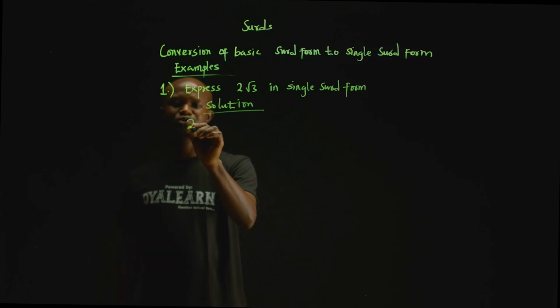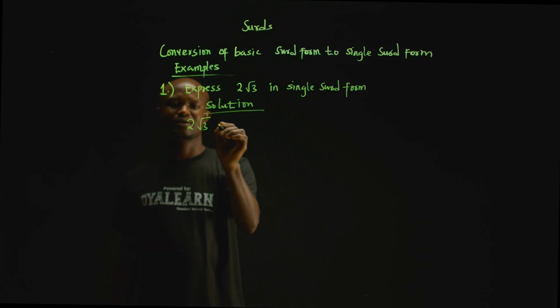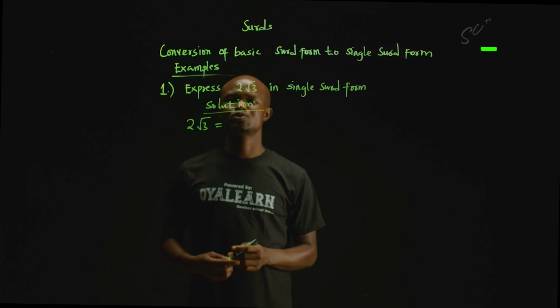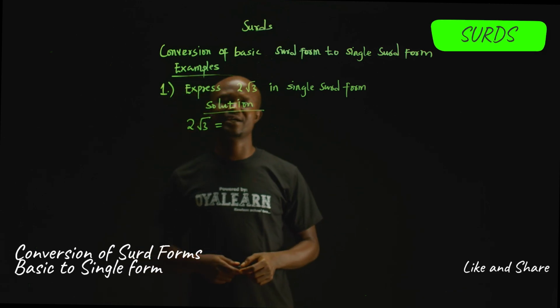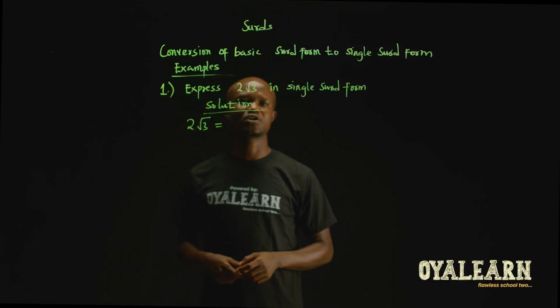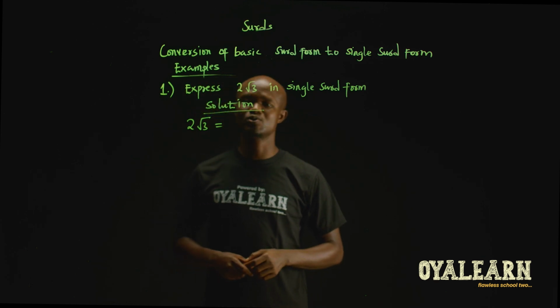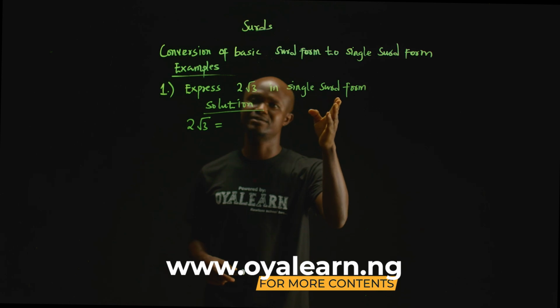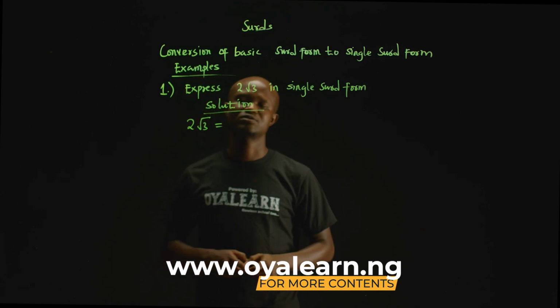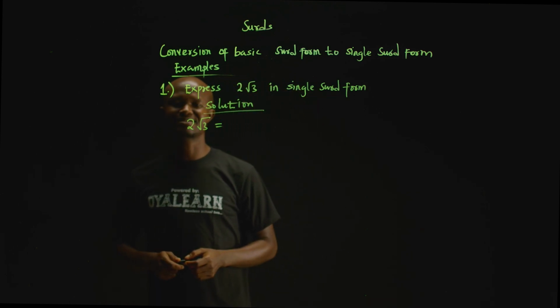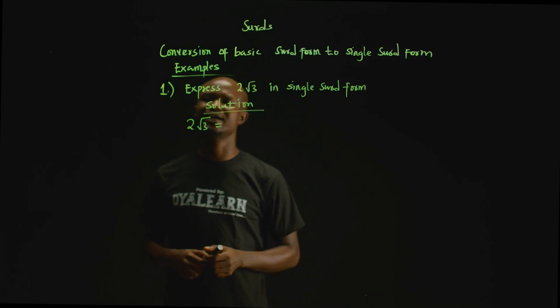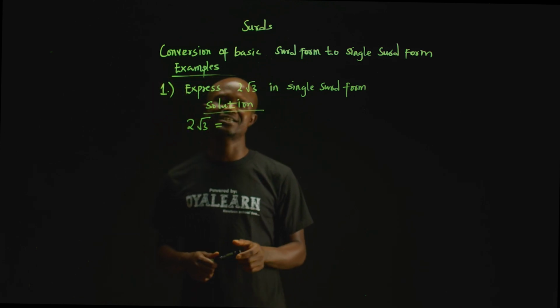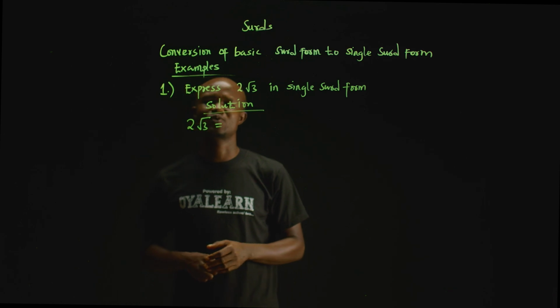Now we have 2√3. To express 2√3, which is in basic surd form, in single surd form, we are going to bring the 2 inside the square root such that we have a